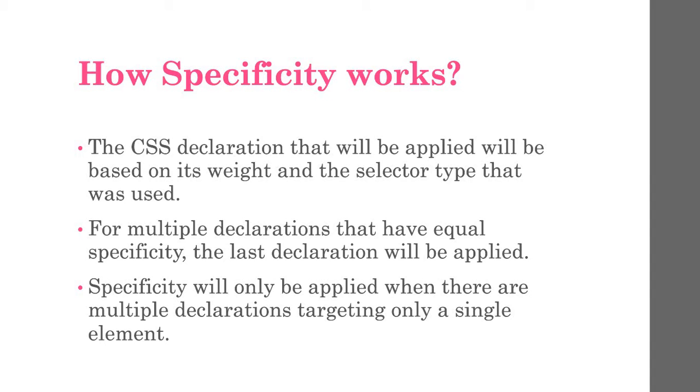How does it work? Sometimes in our CSS files, we might have a lot of selectors targeting just a single element. So what specificity does is weigh those selector types and choose the most relevant